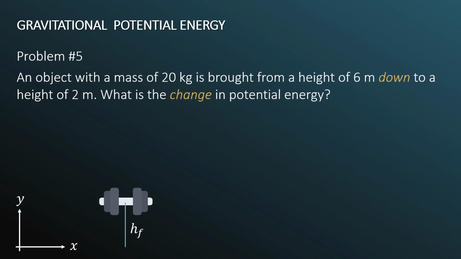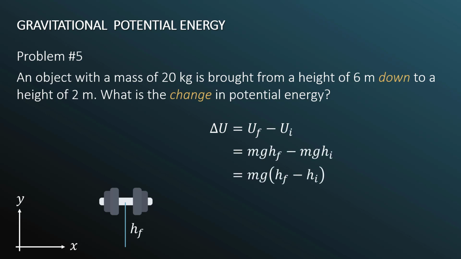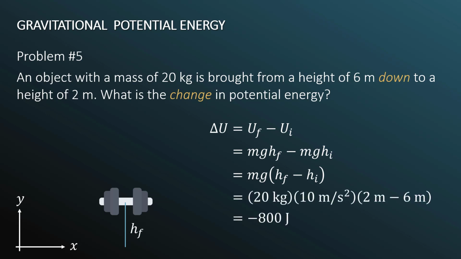So the change in the potential energy, same equation, plug in the same stuff, nothing's different with the equation. The only thing that's different is the values we put in. And this produces a negative 800 joules. This means now that our potential has decreased. We have a negative change. So we've gone from a high potential to a low potential. Because remember, when the object was high off the ground, there was a high potential for gravity to do work on the object. But now the object is close to the ground, and so